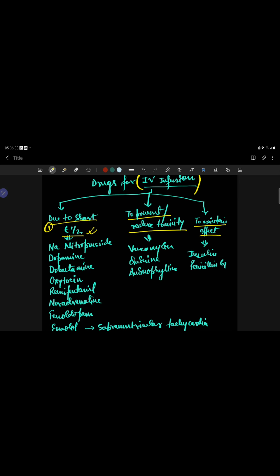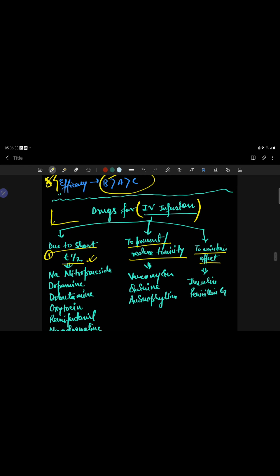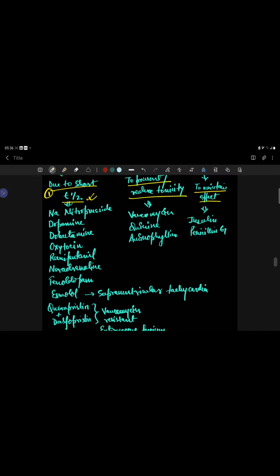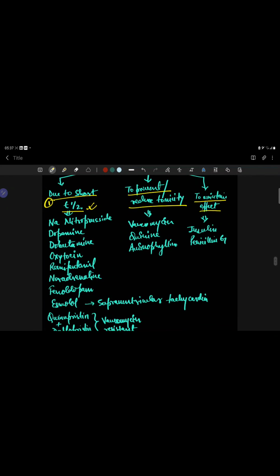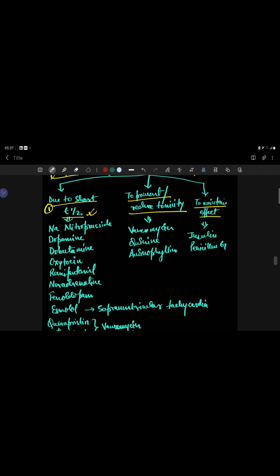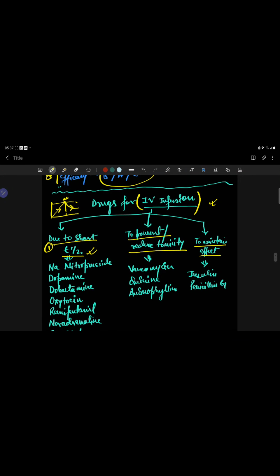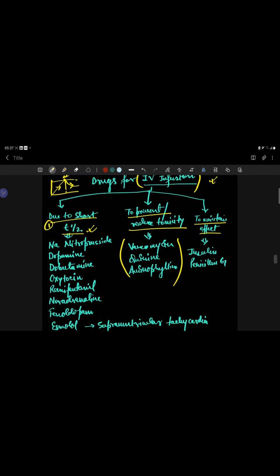Slowly we have to give, right? We have seen a graph like this, right? So this is the T max and C max. We have already seen. Now what happens is that suppose any drug has toxicity and is given by the IV bolus route, right? So we'll use these drugs as an IV infusion, to maintain the effect of the particular drug.